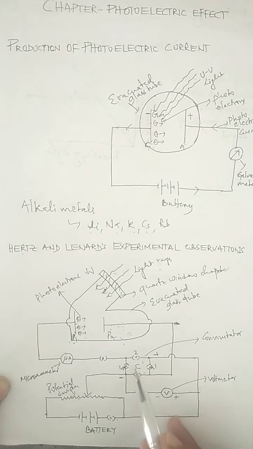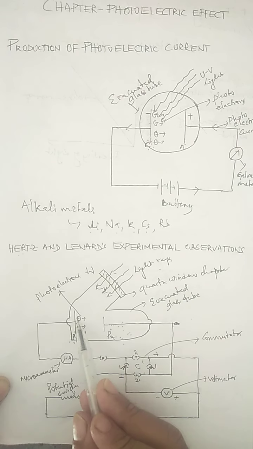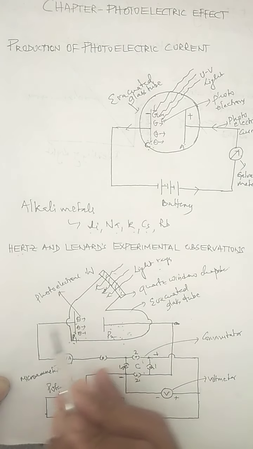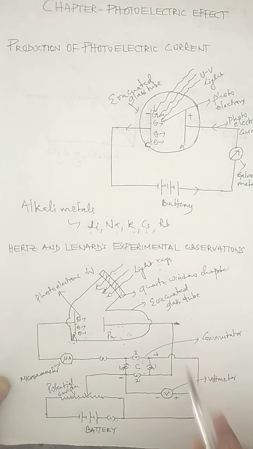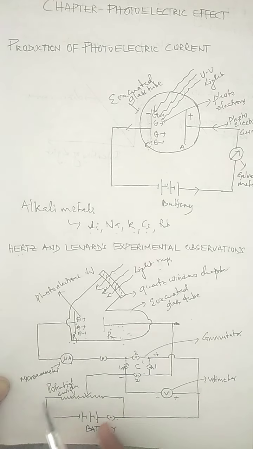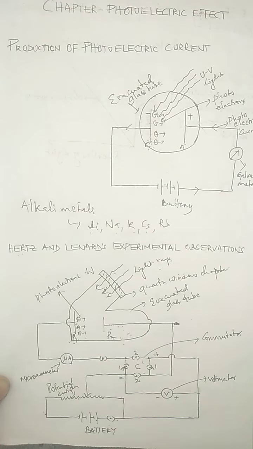Why? Because when you insert the plug between 2 and 2, P1 is connected to this terminal, see it goes directly, this is a closed circuit, it goes to this one. So that is connected to the positive terminal of the battery. That means P1 becomes the positive plate, whereas P2 becomes the negative plate because it is connected to the negative terminal of the battery. So we can change the polarity of these plates by just changing the plug from 1 1 to 2 2. So children, under this case what was observed?